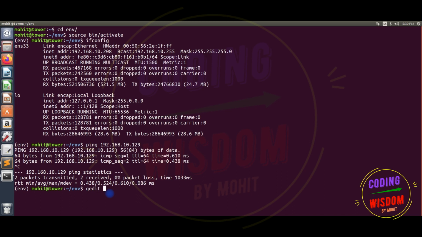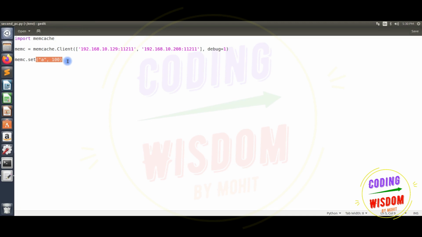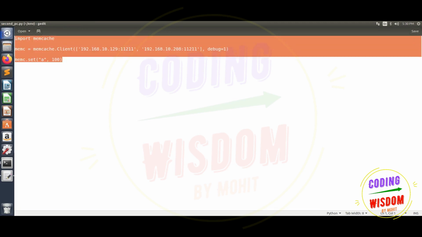You can use any editor. First the get program, get1.py. You can use any name. Here you can see the file. I'm closing the different files. Use the same connection string here also.